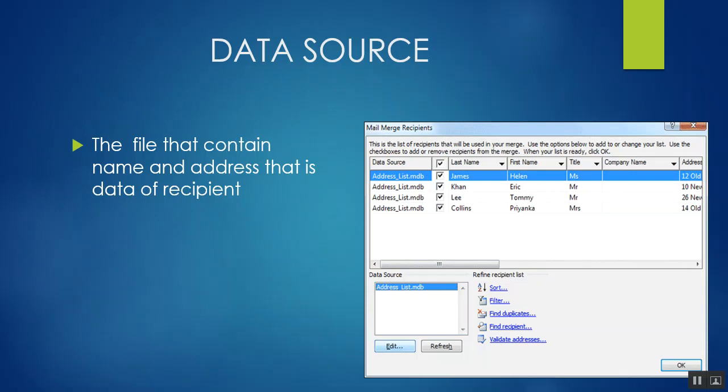The data source basically contains a list of name, address, first name, last name. It can also include phone number. It can be in Excel or in Outlook contents. You can also create a data source in mail merge.